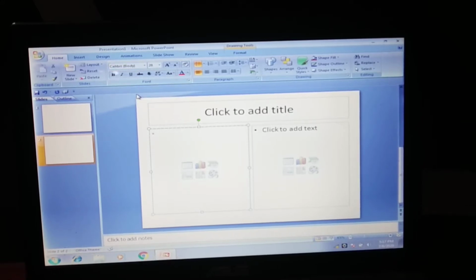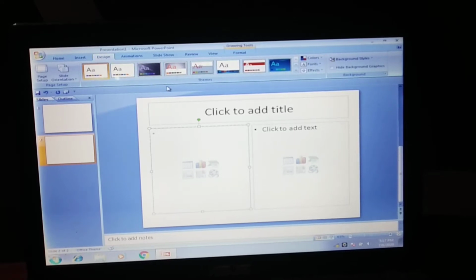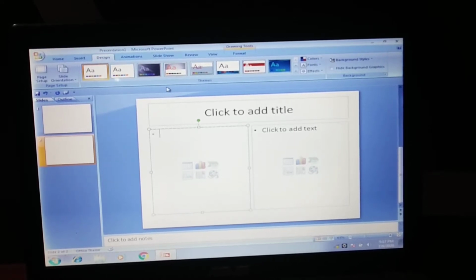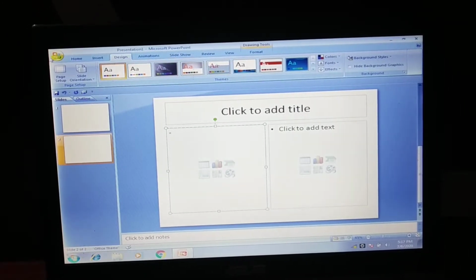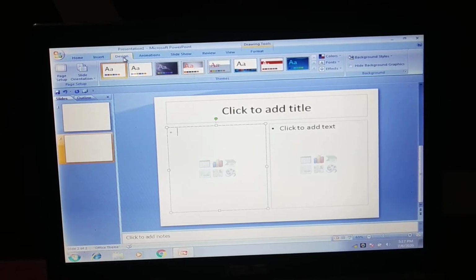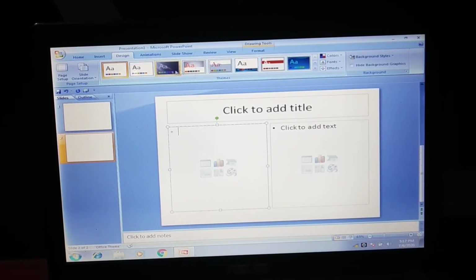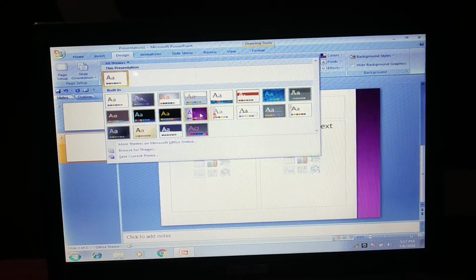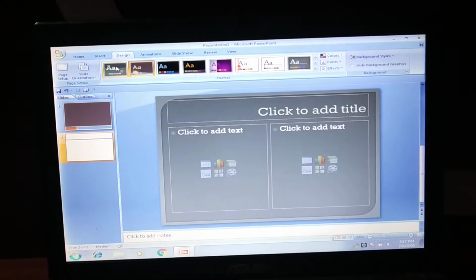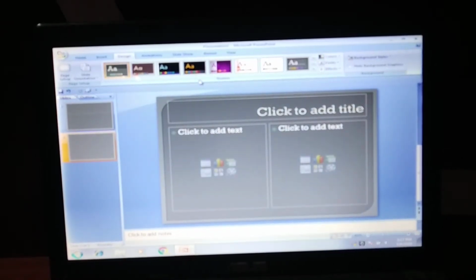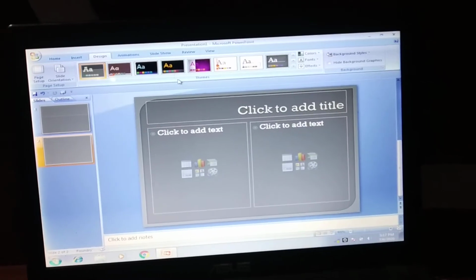Now let me show you how to apply design, how to apply different themes under design tab. This is the design tab, and these are the themes which you can apply for making your presentation very attractive. Home, insert, then comes the design. Under design tab, you have these various themes, as you can see. If I click on this, so many themes will open, and if I apply, see how the slide is changing its looks. You can apply any theme